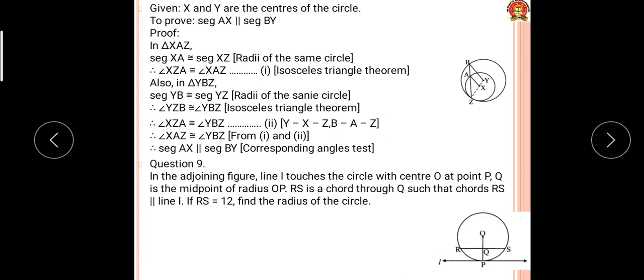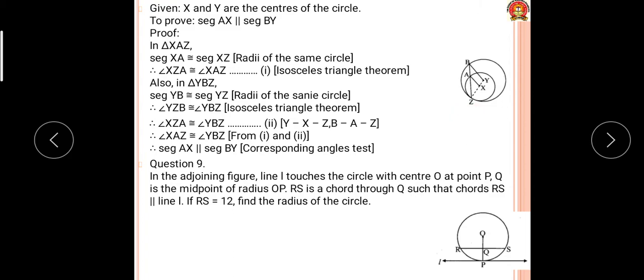If a prove question is asked, then firstly write down the given, then what to prove, and then the proof. For this you will get half a mark, and for the remaining you will get 2.5 marks, if 3 marks are asked. If 2 marks are asked, then according to that you will get the marks. Now after joining YXZ,